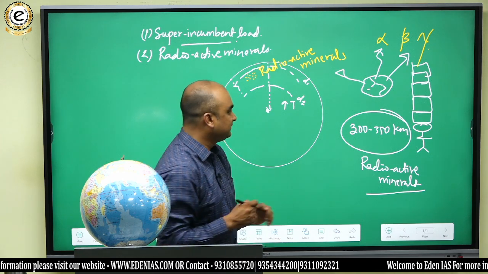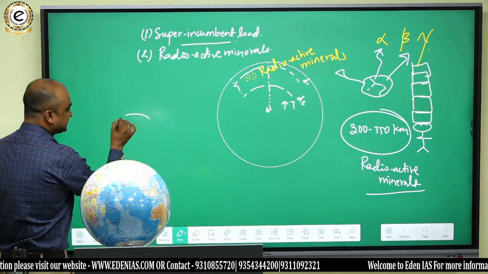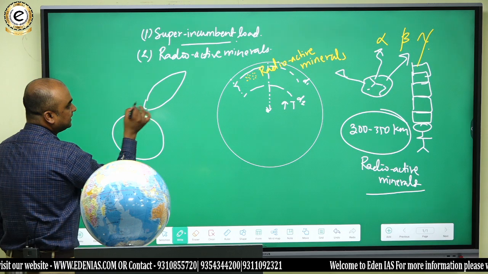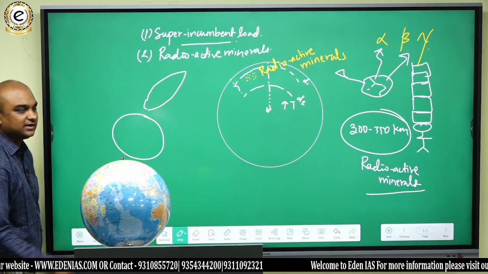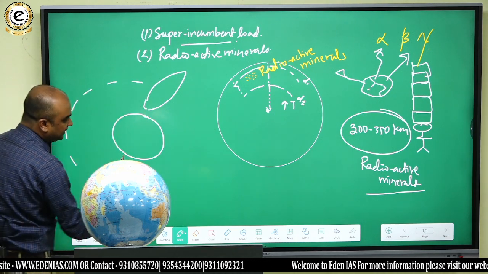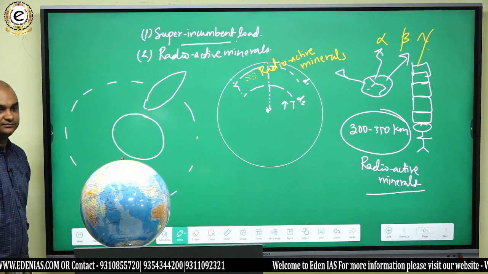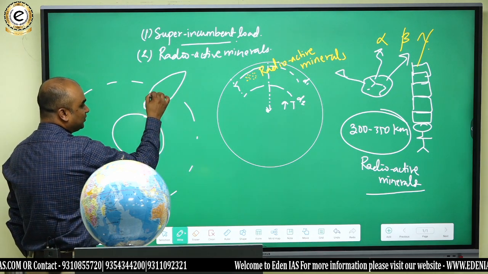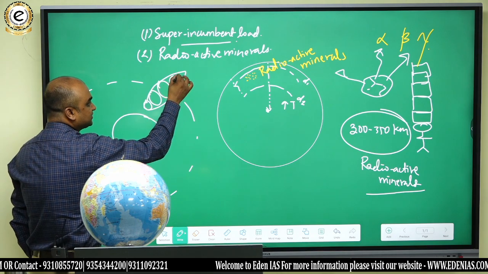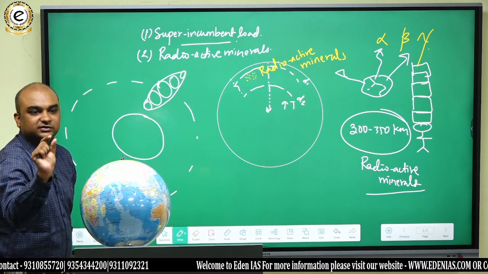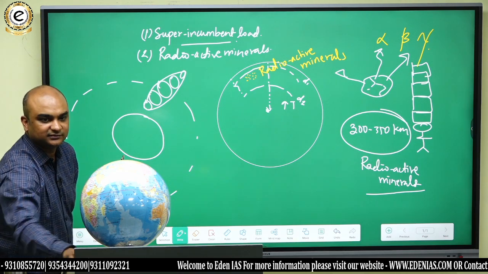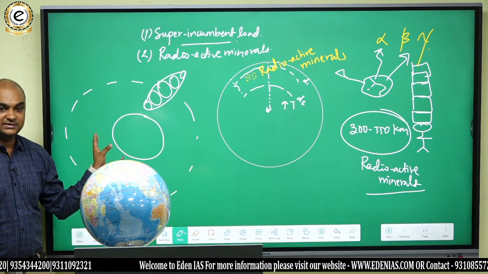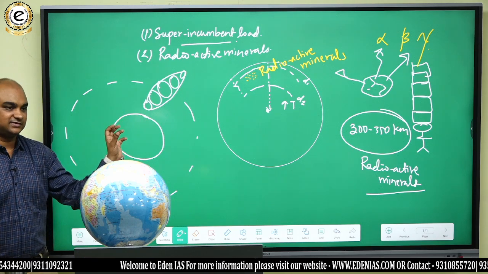So think of this, suppose this is the sun, and the material that got separated is more or less like this, in the shape of a cigar. Got it? And it started revolving around the sun. Now this material also got separated with the passage of time into small circular balls. Do you understand? Or spheres. And all these spheres started revolving around the sun, also rotating on their own axis.